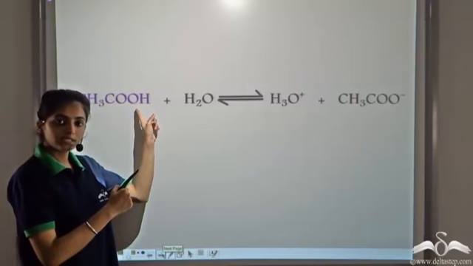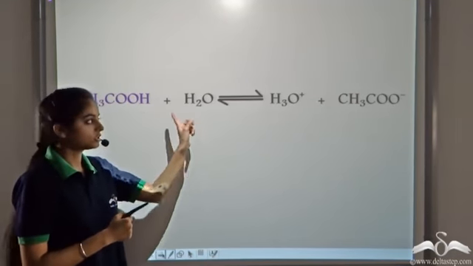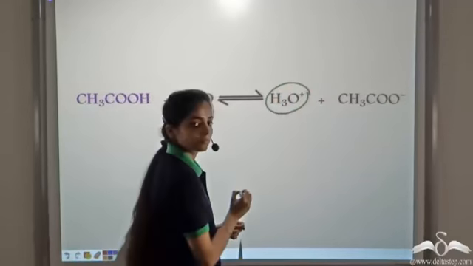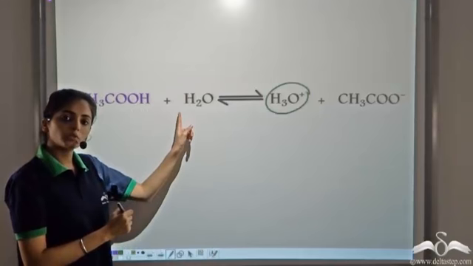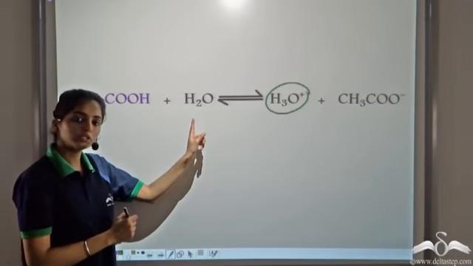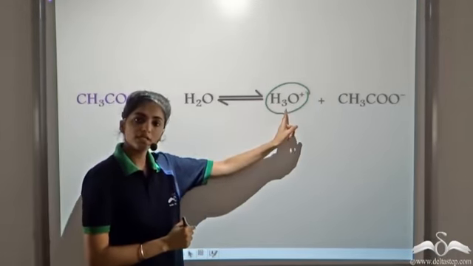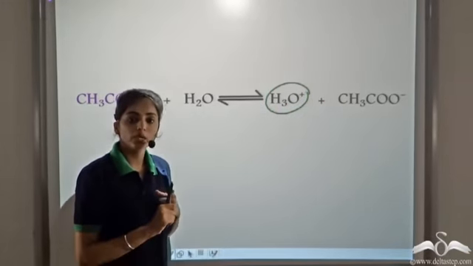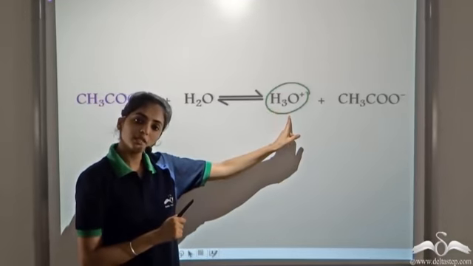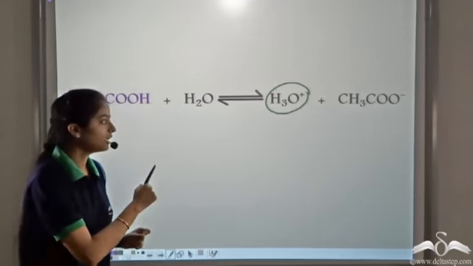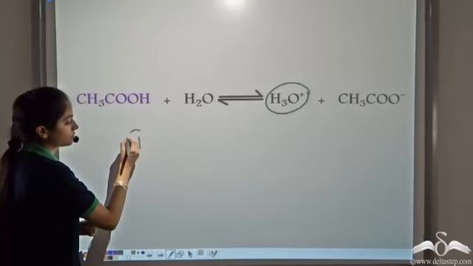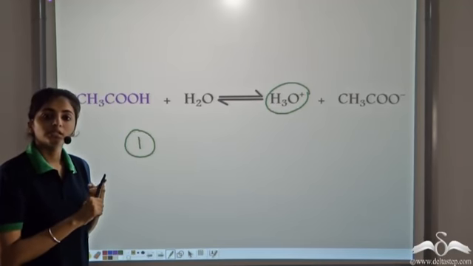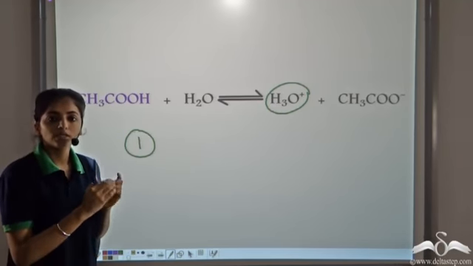In case of acetic acid, it undergoes ionization in this manner. It produces one H3O plus ion. When acetic acid reacts with water, there is partial ionization. It produces one H3O plus ion and CH3COO minus. So in this case, we need one OH minus ion to neutralize this H3O plus. So the basicity of acetic acid is 1. So whenever we look for the basicity, we have to see the number of H3O plus ions that are produced